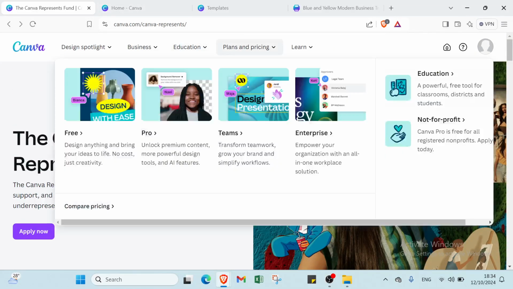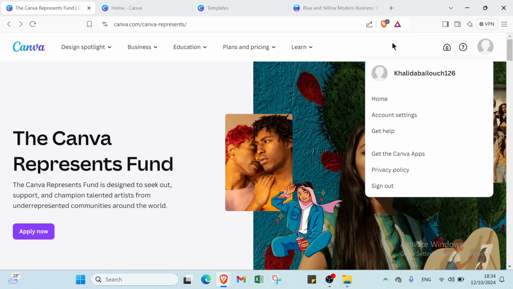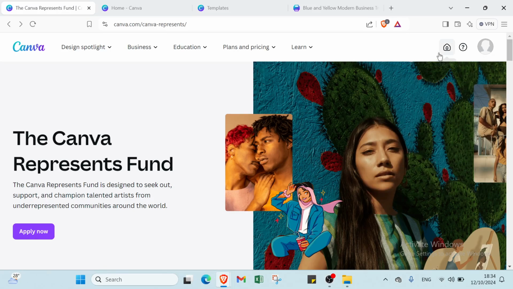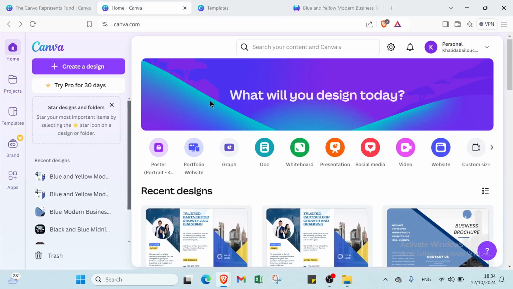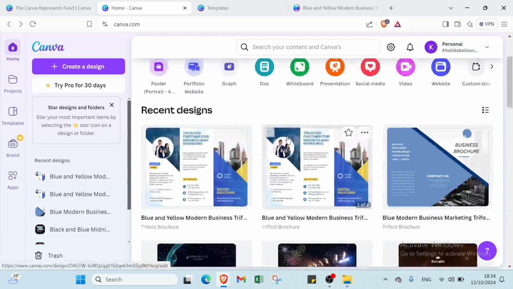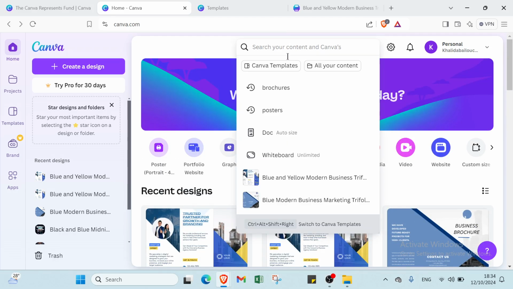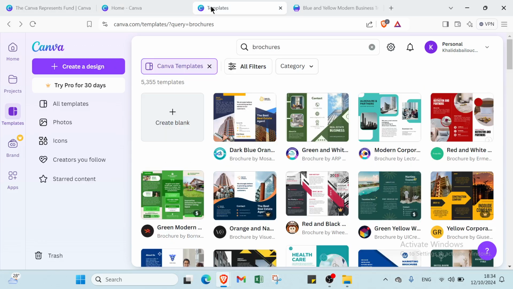So once you sign up and you're done with your inscription, you'll find this page, as you can see. So you have just to search for your content in Canva. You click over brochures like that, and then you will find another page, which is this one. So here we have various templates. We have here 5,355 templates, and also you can create your blank if you want,